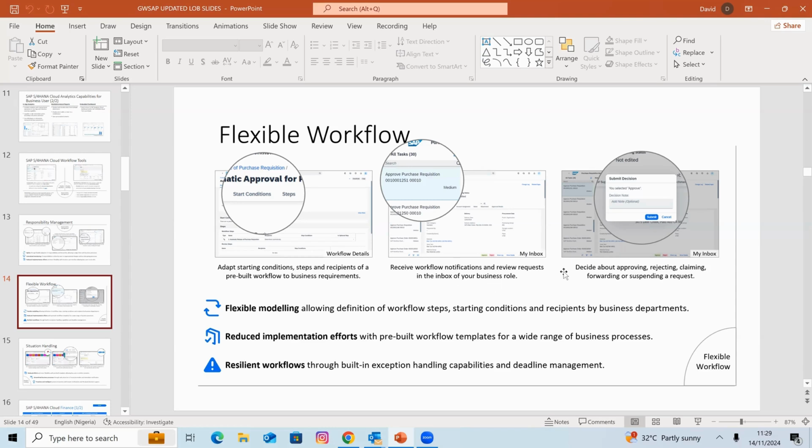Notifications are sent to your inbox to tell you of any pending tasks you need to approve. You can decide about approving, rejecting, claiming, forwarding, or suspending a request. I'm going to show you that shortly.